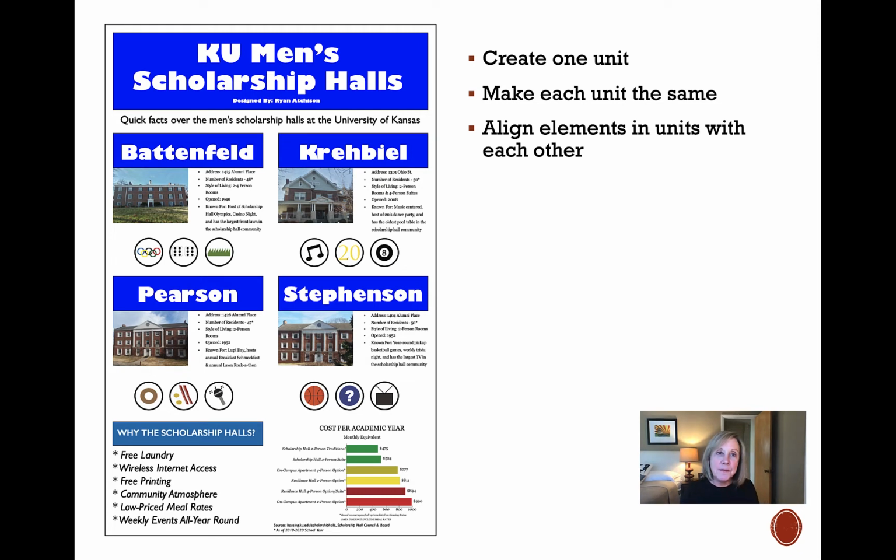Here's another one that a student created a couple of semesters ago. He also created this in InDesign. And by the way, he had never used InDesign before, so let that reassure you if you want to take the plunge, and I hope you do. He has created